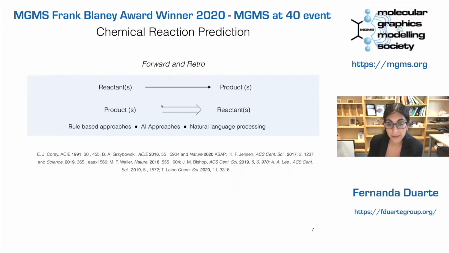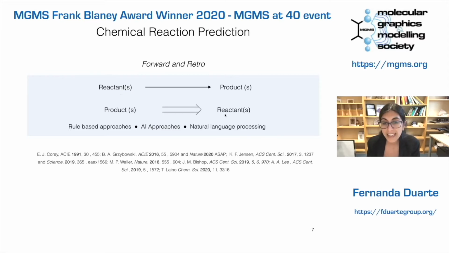We have usually seen that with machine learning, we have the possibility to explore forward and retrosynthesis just using a SMILES representation. So we can identify if a product will be formed, or which reactants we need for a given product. And we have different approaches that really allow us to map one-to-one those systems.